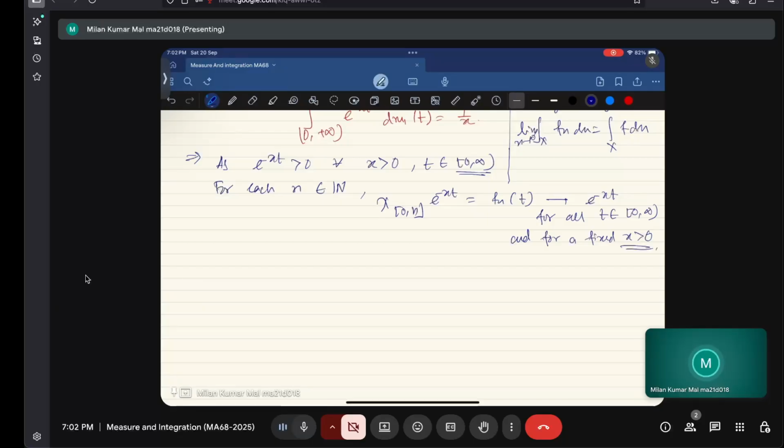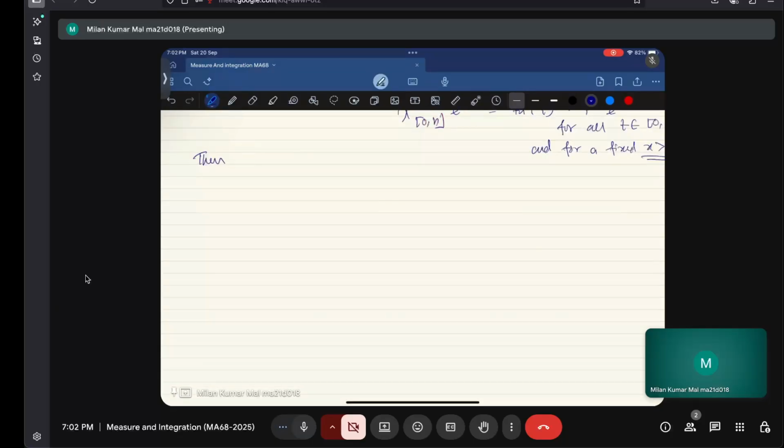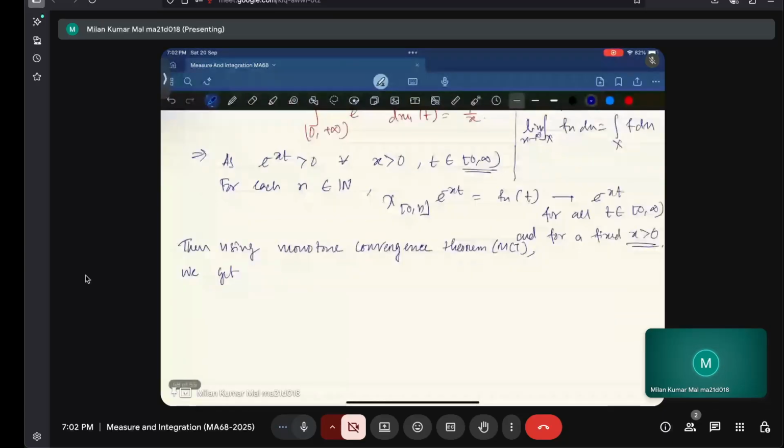Then using the monotone convergence theorem, what we get,